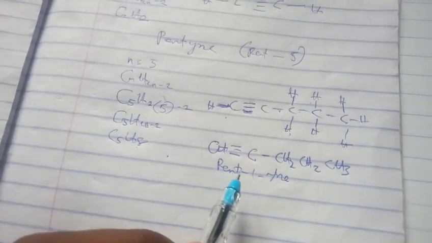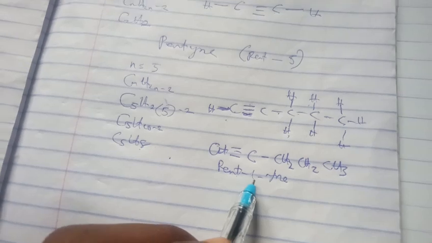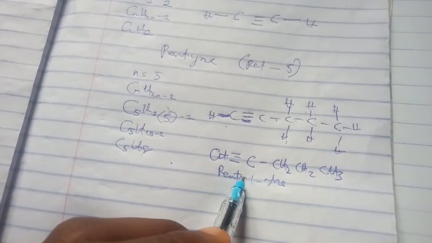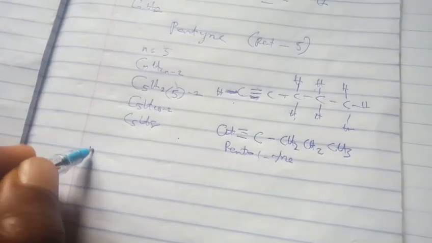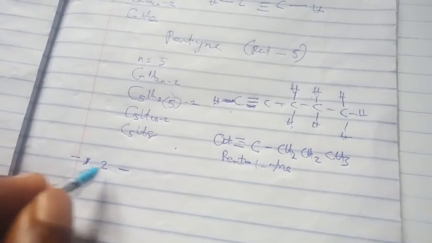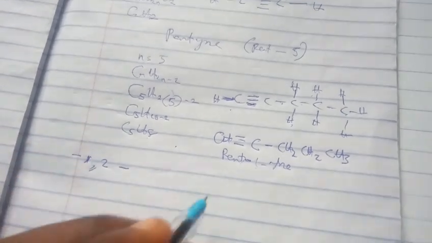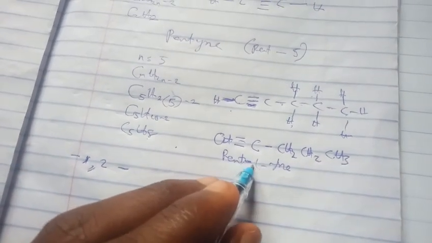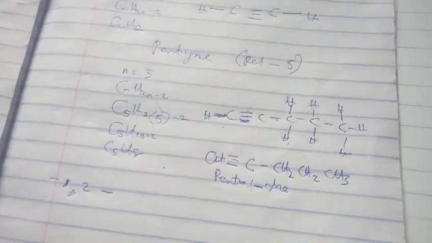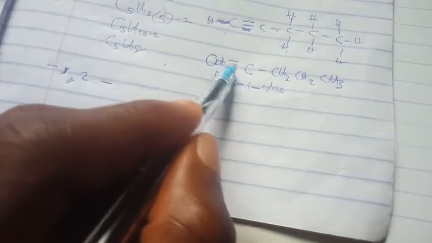Now note, in between a letter and a number, you put a dash. When we start naming organic compounds, something like this, in between two numbers you put a comma, and in between a letter and a number you put this dash here. Take note of that. This is pent-1-yne, and depending on where the triple bond is placed,